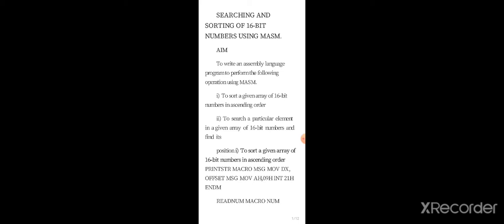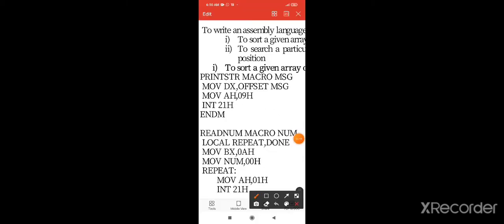So here, first we perform the operation of sorting a given array of 16-bit numbers in ascending order. The first step is the print string macro, where we want to print a message. We use this macro to print a message. Whatever parameter we pass through this MSG will be printed. And next,